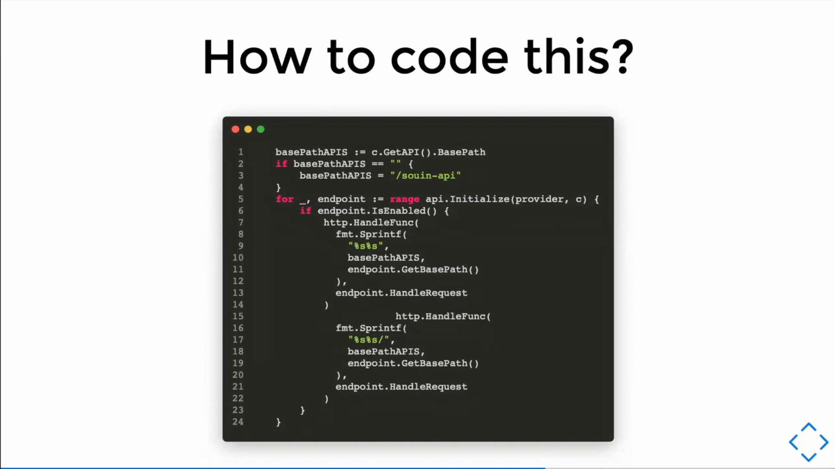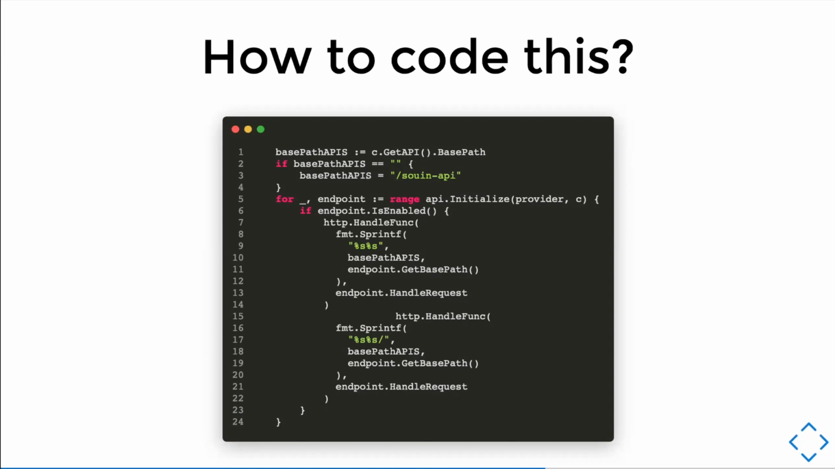But you can tell yourself, okay, it sounds great, but I want to know how to code this. So I'll tell you the magic under the carpet. Basically, I get the main bus path from the configuration. If it doesn't exist, it will use the default value Sylvain API. Then after that,